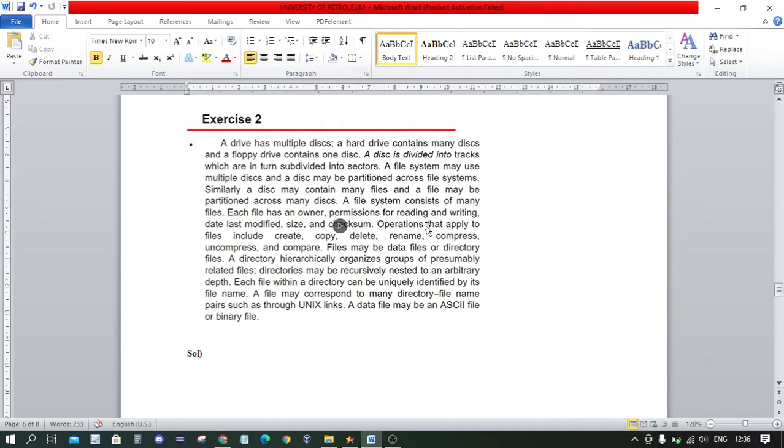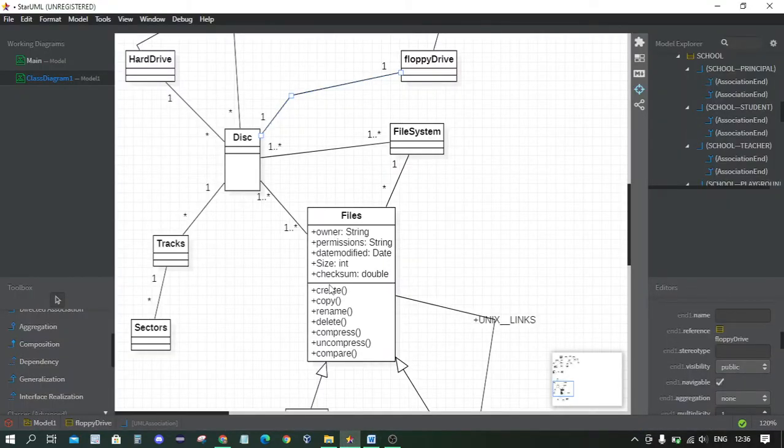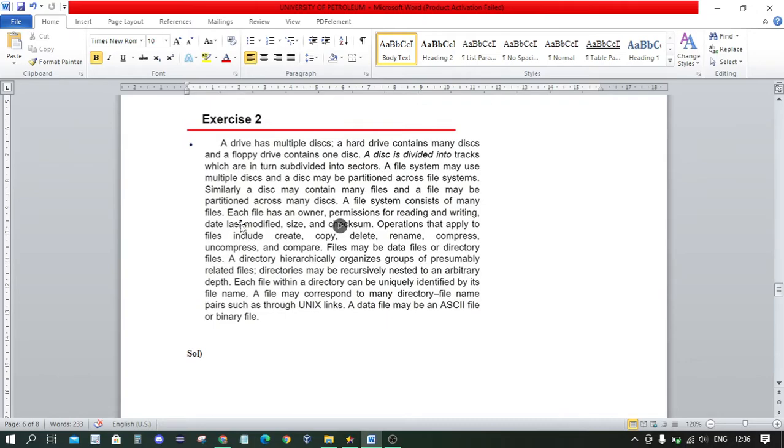Then operations, from here the third part of the class begins, the operations that apply to files. File is our class which includes create, copy, delete, rename, compress, uncompress, and compare. These are the operations which we have to make in the file class as defined in the question.